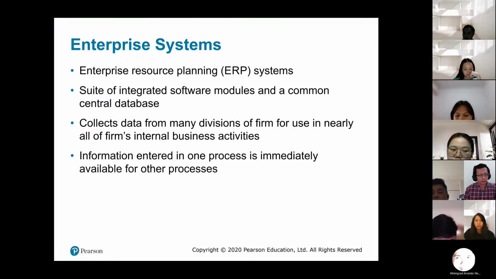And if you remember the Porter value chain model, where a company's activities can be identified as first primary activities and second supporting activities, ERP uses that model.